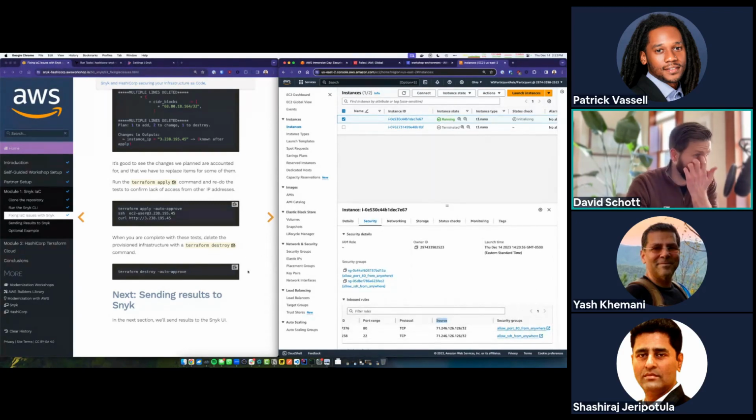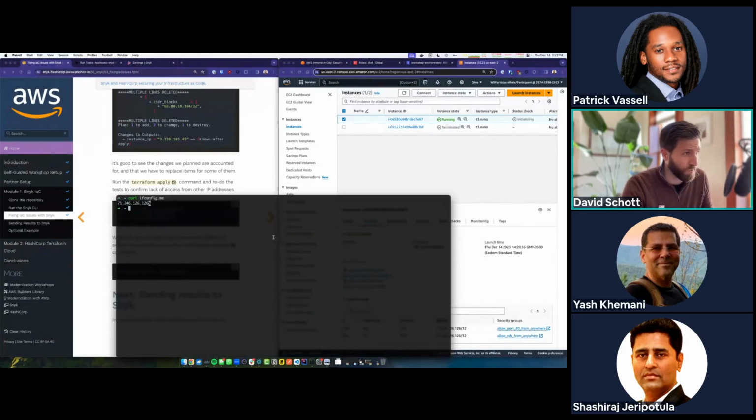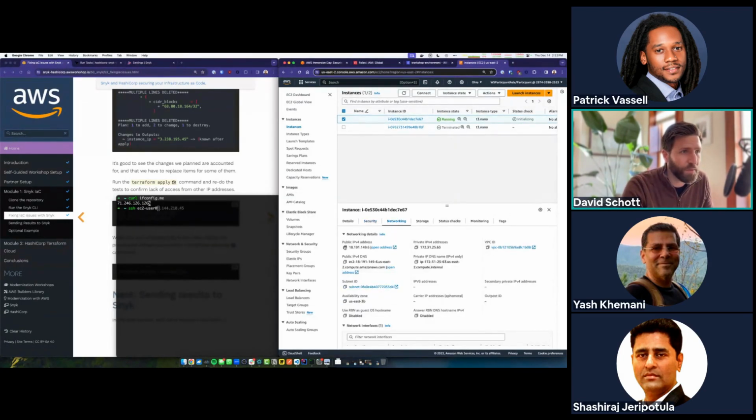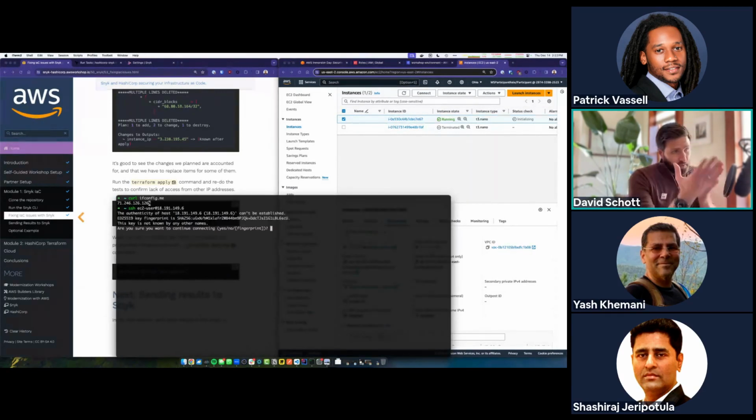And we can confirm that real quick. If I run the same commands, I should still be able to connect. So ssh ec2-user at, what's the address? Under networking, we have a public address right here. So we're still able to attempt to connect over SSH.